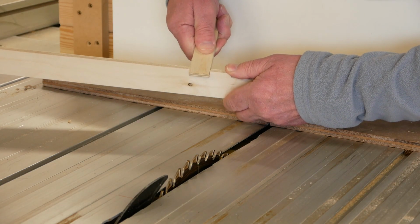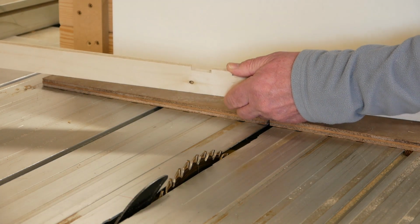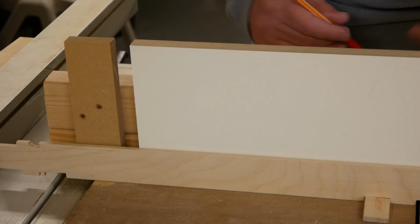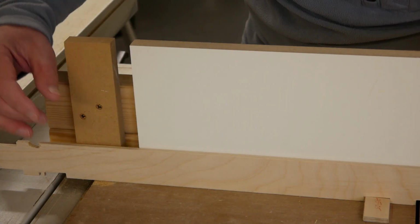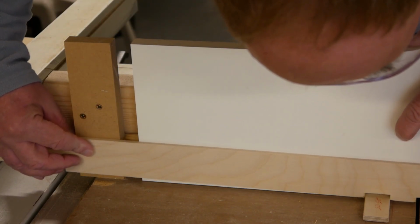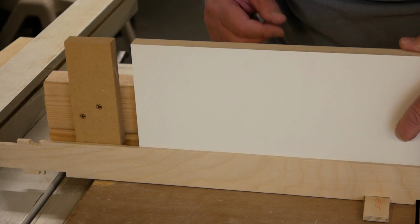So it's not tight like a friction fit, but it's enough room there to put the glue in there as well. Fantastic. I'm getting close to where I want to be with the jig. So I'm within a millimetre. If I look at it,